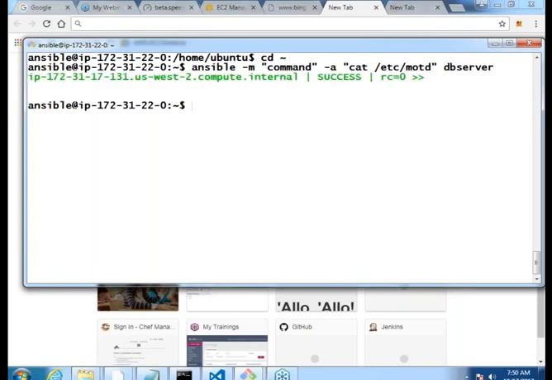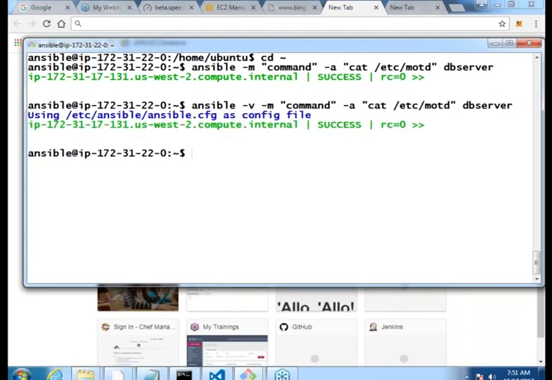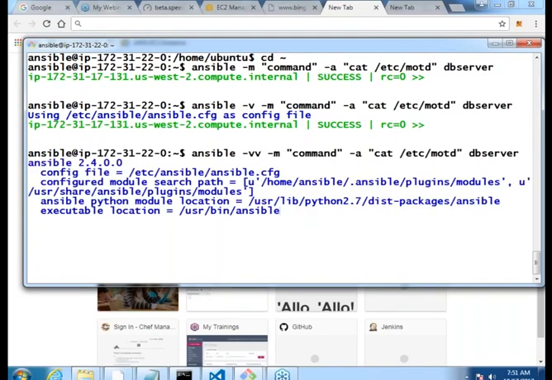Now I want to understand what Ansible is working on, so I want to increase the number of logs displayed on the console. I would execute the same command, but add -v. Then it gives me some information saying that it is using this configuration file. Now I want to go one level deeper, so I'd give -vv.